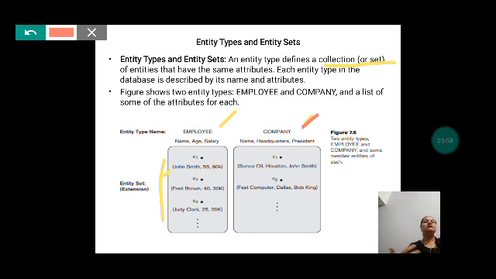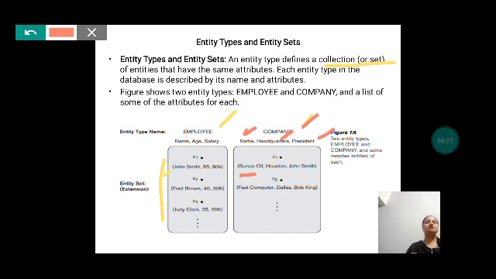Companies will be identified by their names, then the headquarters, where the headquarters of that company is located, and then we have the presidents of the company. Each and every company will have one president, right? Now, here the first entry is what? Sumco Oil. Sumco Oil is the name of a company.